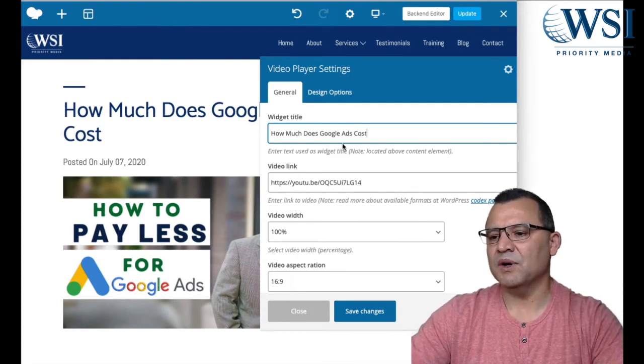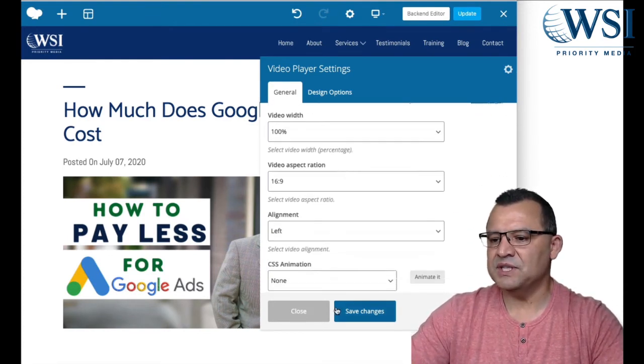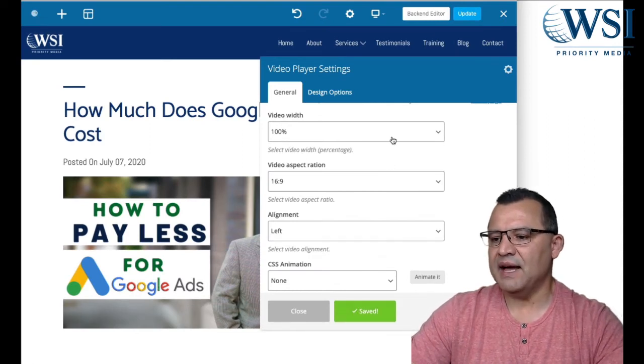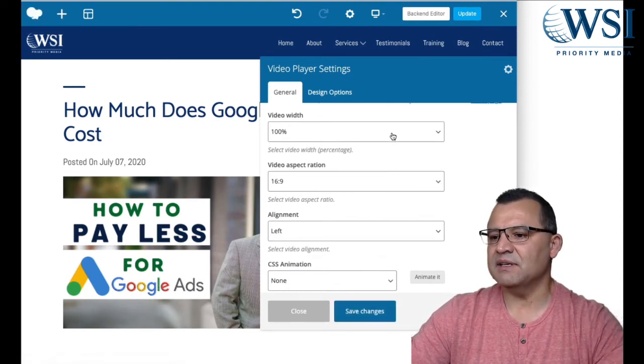So really important to have that as your widget title. And really that's all that you need to do. Once I've added that, I can go ahead and save it. I can go ahead and publish it, and I will be all set to go.